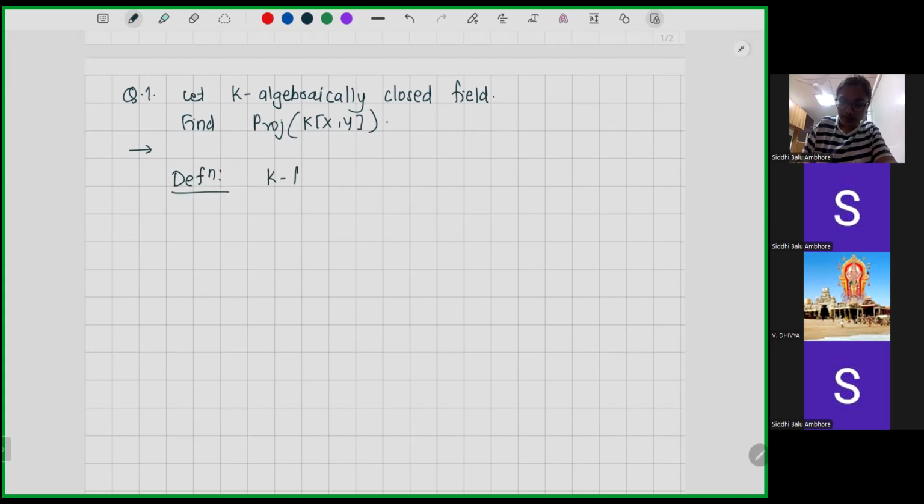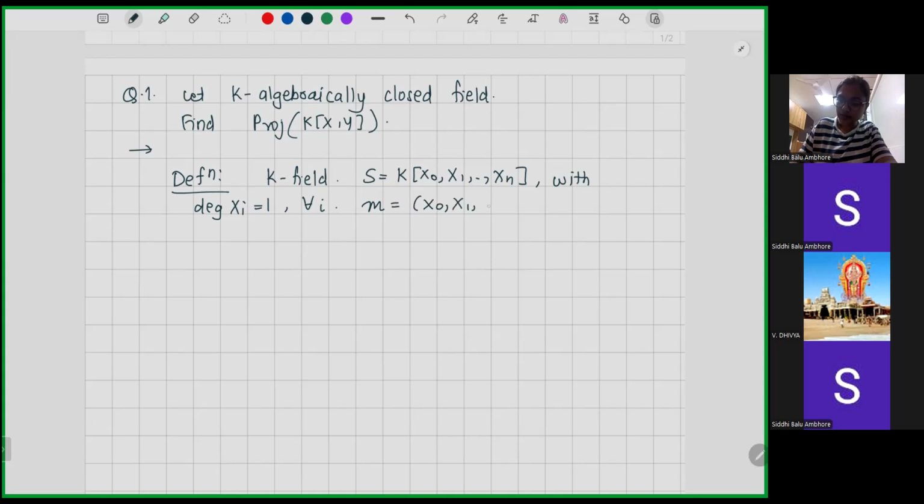If K is a field and S is the polynomial ring in n plus 1 variables, x naught to xn, with the degree of xi being 1 for all i, this is the standard grading over the polynomial ring S, and M is our unique homogeneous maximal ideal